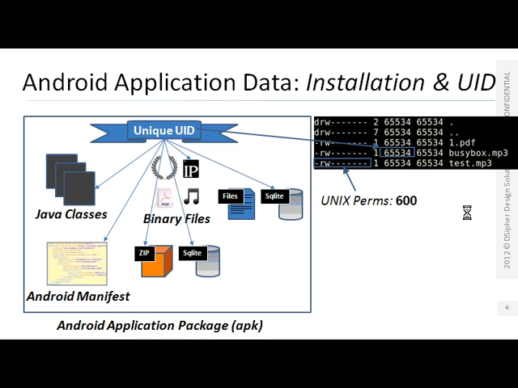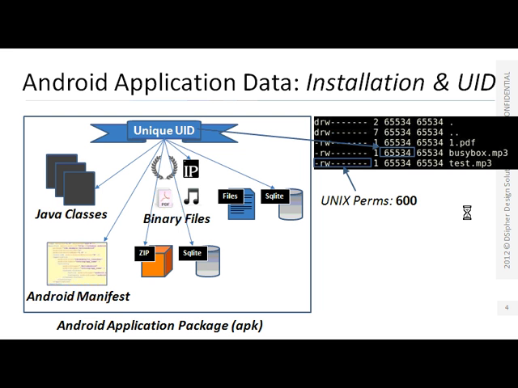As we know, if there are multiple users of a Linux OS, one user cannot get access to the files used by another user, because it will not have access to that UID. It needs the password. Just like that, in the Android system, if you have multiple Android applications, each application will have a unique UID, so one application will not have access to the content of another application.